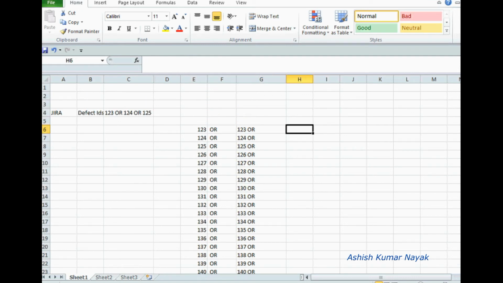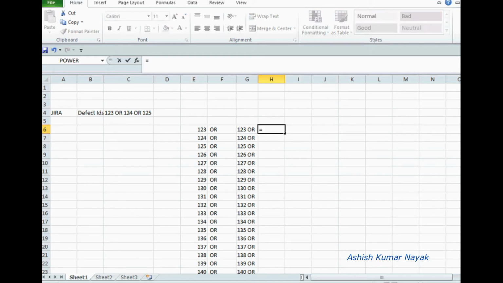Now in the next cell in the column H, do one thing, is equal to column G value. Press enter. So these two rows have the same value.